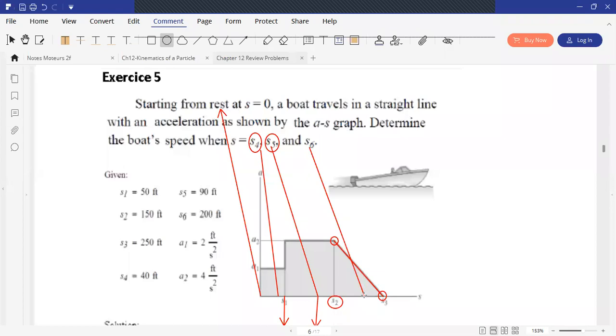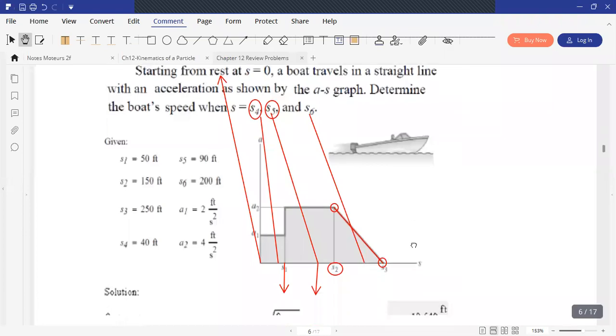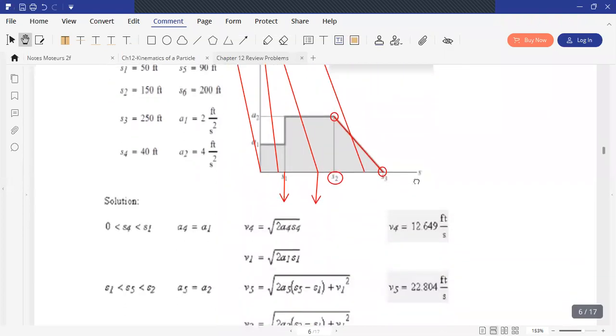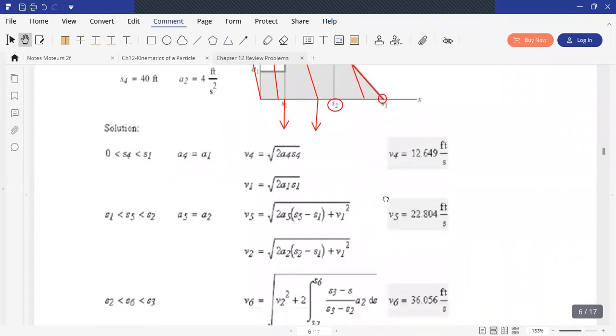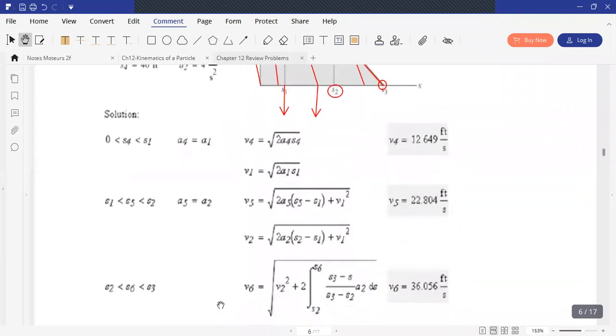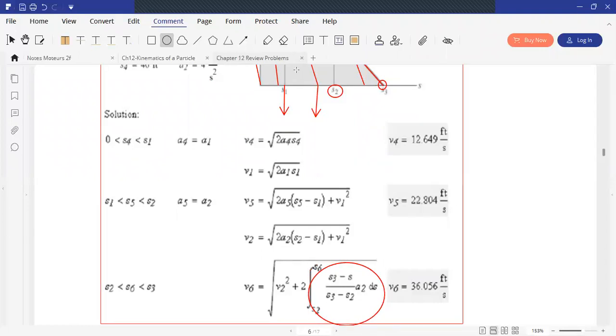Okay, I will. Let us see the equation to make it easier for you. Here they did it directly in one step. This is why the formula seems a little bit complex, but the procedure is really simple. This is the integral part. It's the integration of a ds. We said that